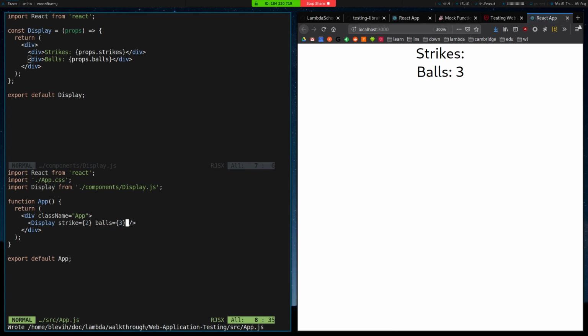Okay, so that didn't work. Oh, it's because I misspelled strike. This should be strikes. So this exact thing that I did here of manually testing it, this is the behavior that I want to